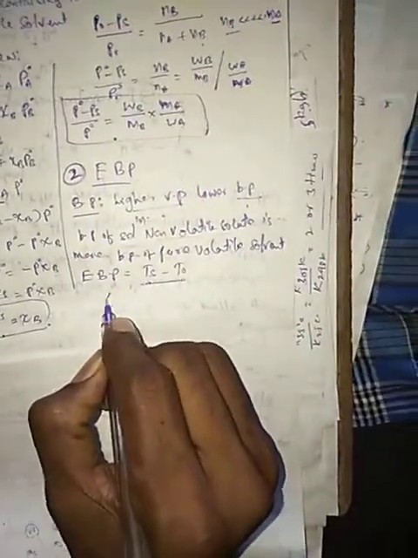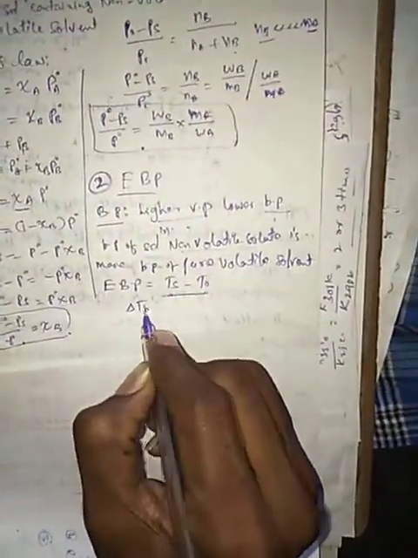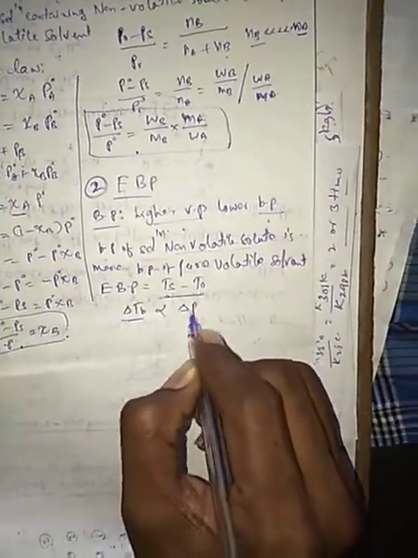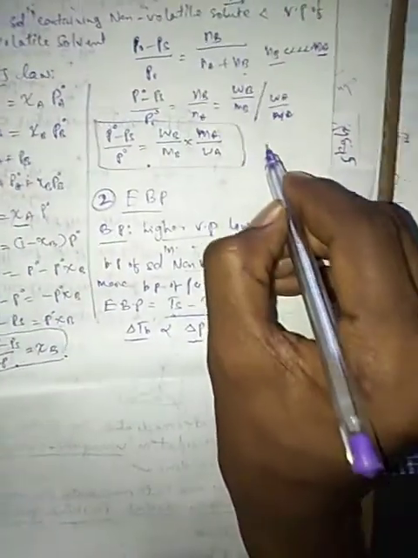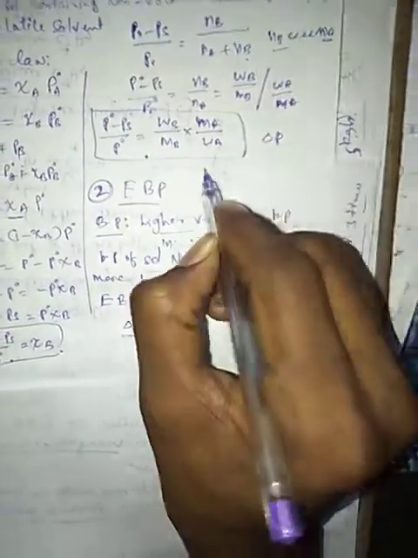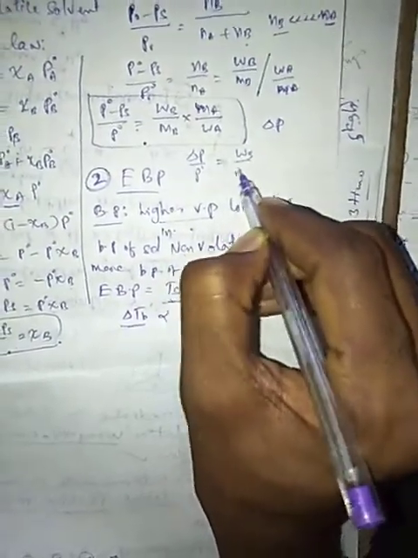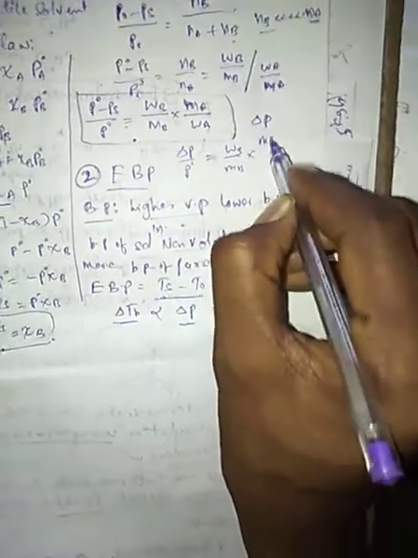Now in this one we can write delta Tb, the elevation of boiling point, is directly proportional to the relative lowering of vapor pressure. Thus we can write delta P by P naught is equal to WB by MB into MA by WA in this equation. This is directly proportional to. From this equation, now we can write